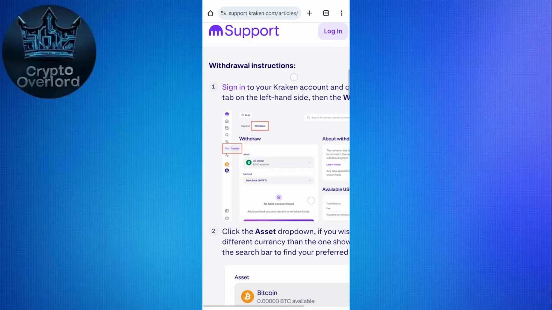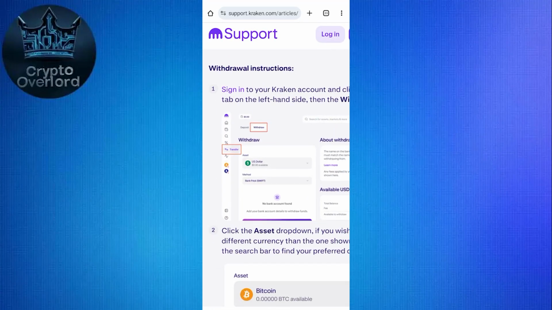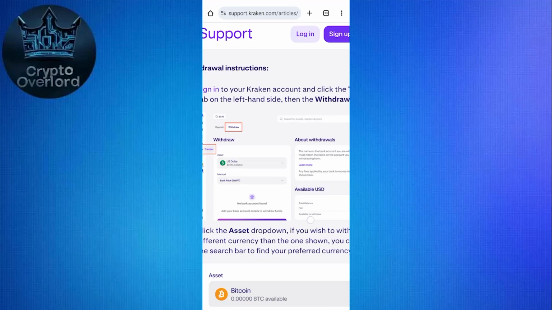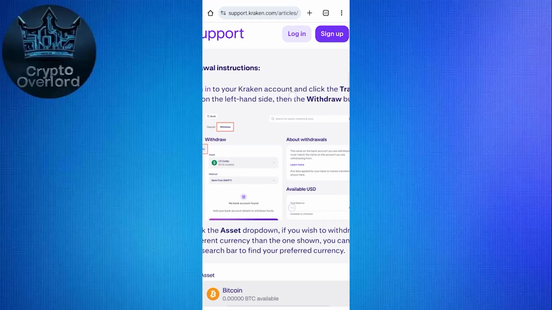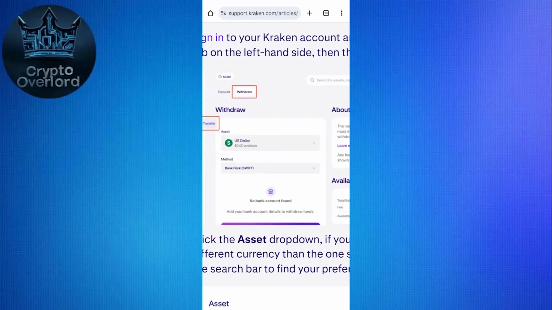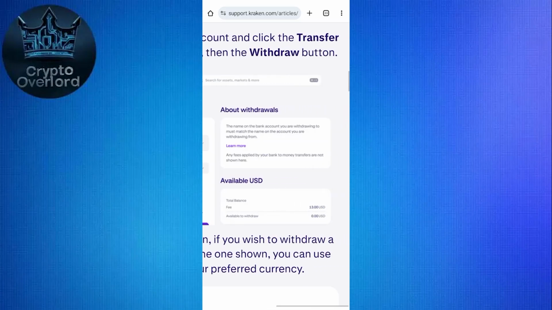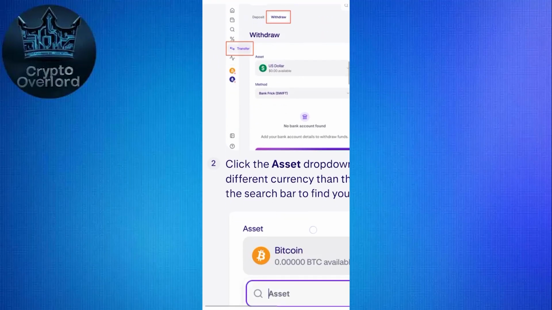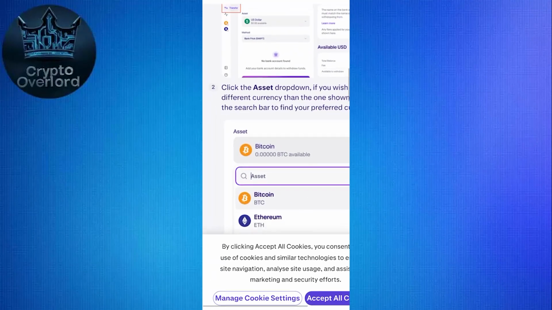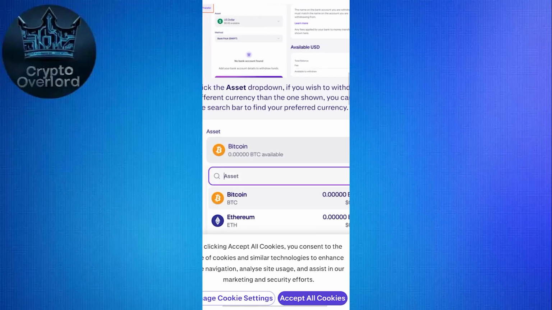Go ahead and select Withdrawal. Choose your preferred fiat currency such as USD, Euro, or GBP depending on what your bank accepts. Kraken will then ask you to add a withdrawal method, which means entering your bank account details. The exact details required depend on the currency, for example, IBAN for euro withdrawals, or routing and account numbers for